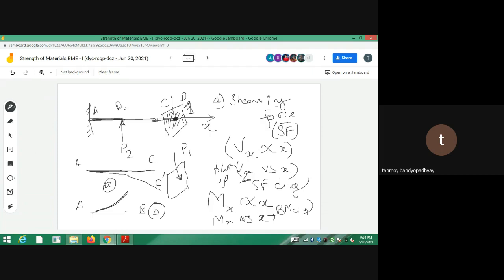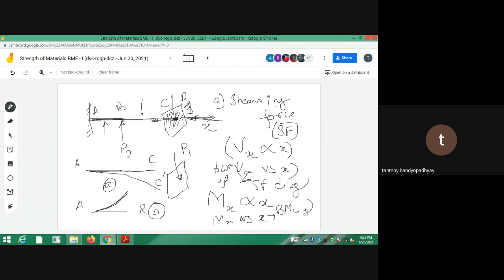In this way you can understand that a beam is always subjected to lateral forces. For a beam you have to understand that the forces are lateral, so they only cause shearing. A beam won't ever be carrying normal forces in these directions. The force won't ever be in this direction. Always the forces are in the lateral directions.